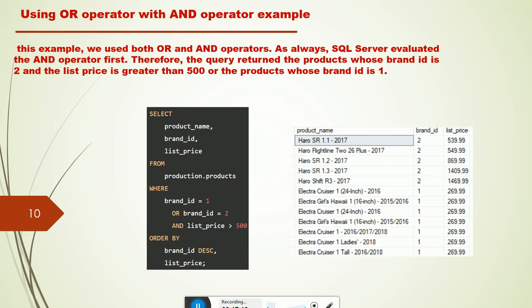Order by brand ID DESC, comma, list price. So here product name, brand ID and list price. Brand ID in descending order 2, 2, 2 and then 1, 1, 1, and the list price is greater than 500.